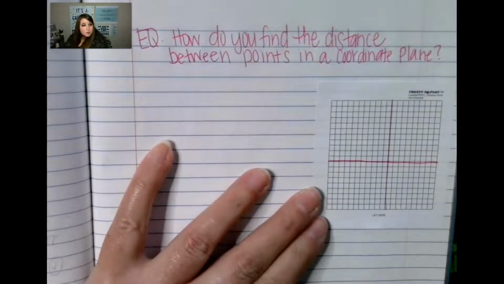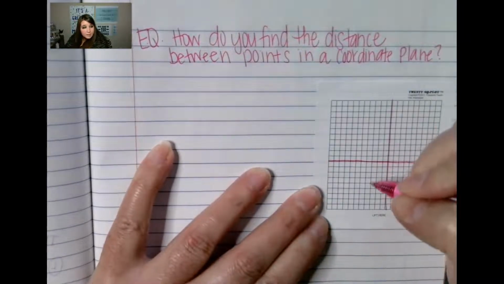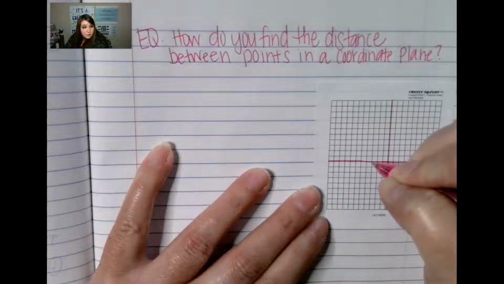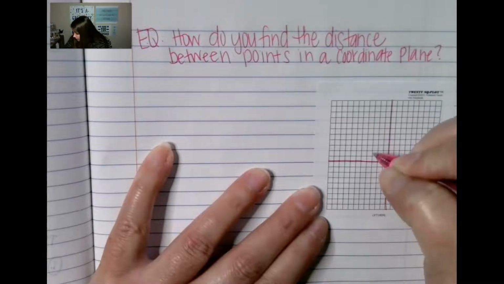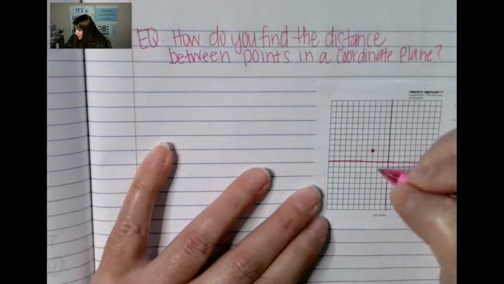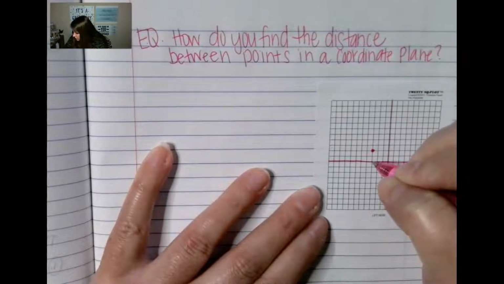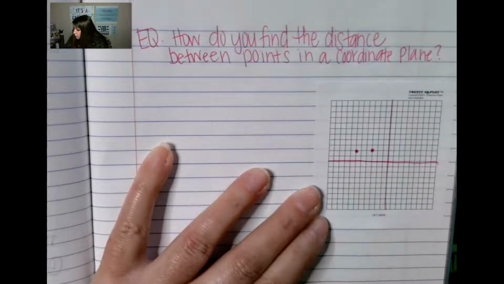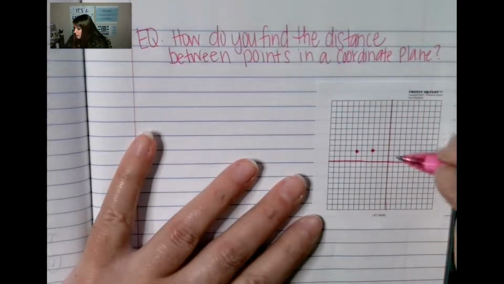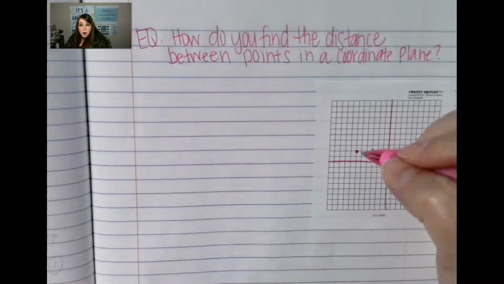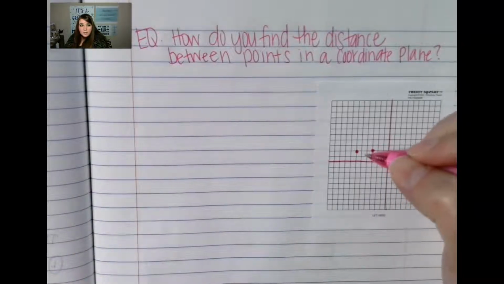And my first dot would be at -3, 2. There's one dot, and then the other one is at -6, 2. So I'm going to go 3, 4, 5, 6, and then up 2. So here are my two dots, and we want to know how far apart these two